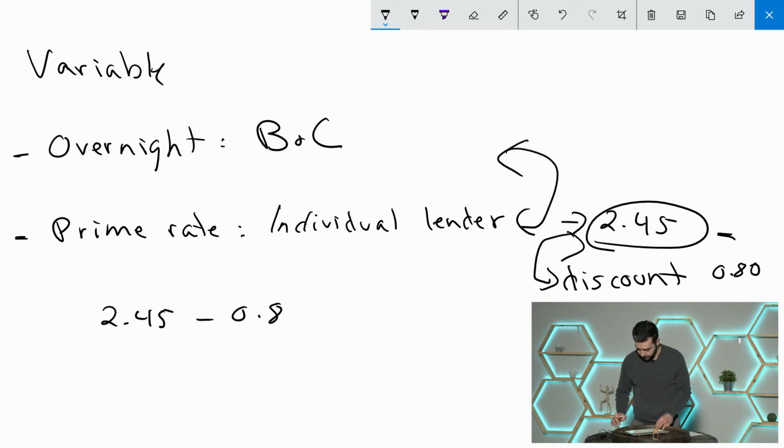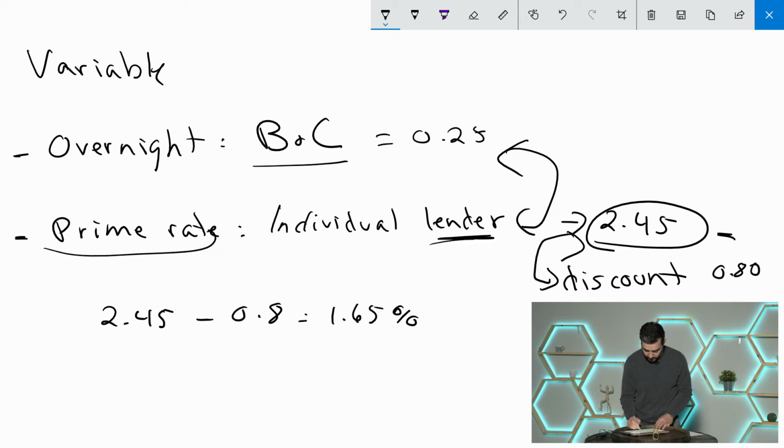The 0.8 is your discount. So your interest rate is 1.65%. If the overnight rate, which is currently set at 0.25, changes and the prime rate changes by your lender